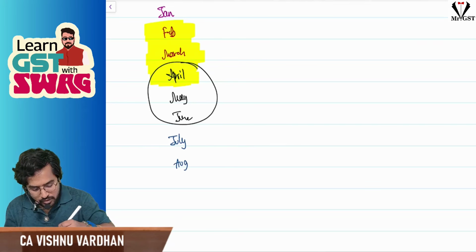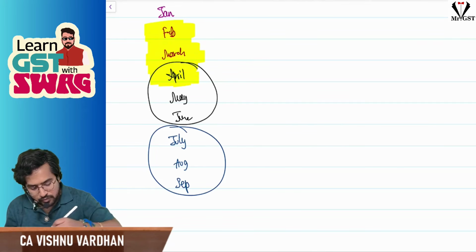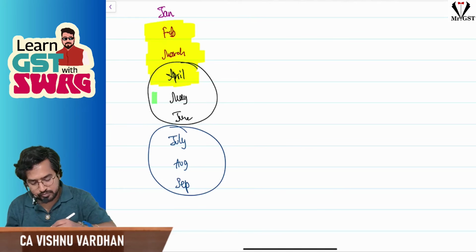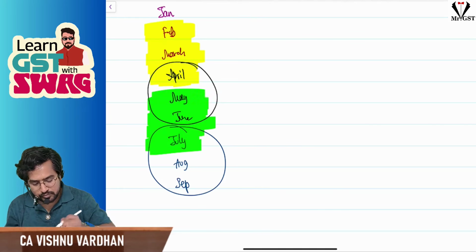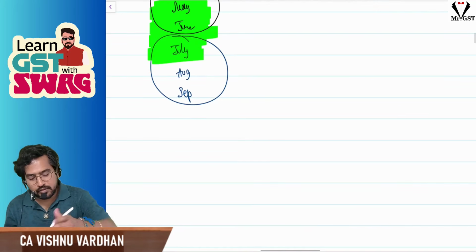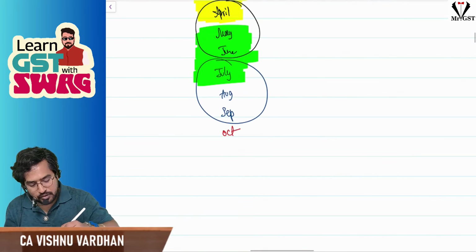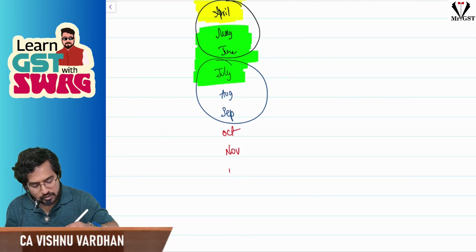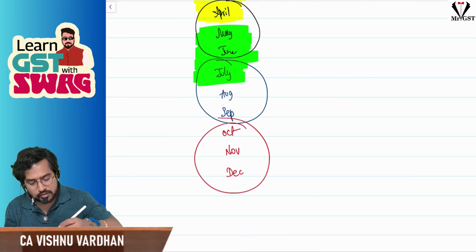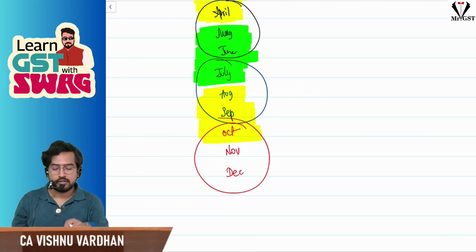July, August, September. For this, when the option will open? October, November. For this, clear. So,